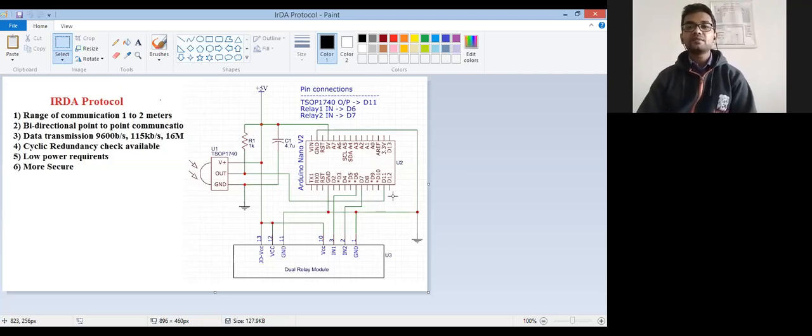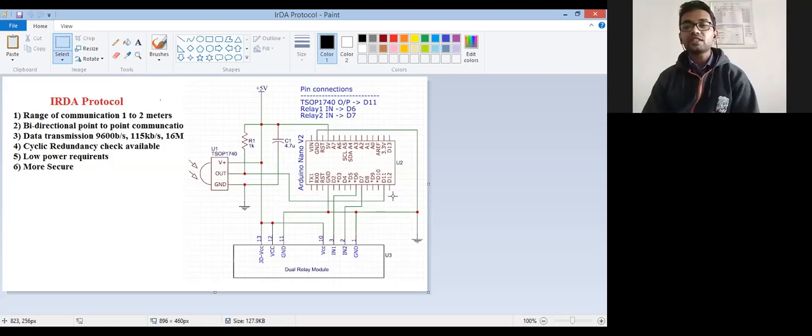But still, it has some disadvantages. Due to the line of sight communication, when some obstacle comes in between the transmitter and receiver, the communication stops. As it is point-to-point communication, only two devices can communicate with each other. When another device wants to communicate with the transmitter, the first device must be removed and the second device must be installed in that position. Again, the two devices have to stay stable. Means if one device is non-stationary, then data communication may not take place.